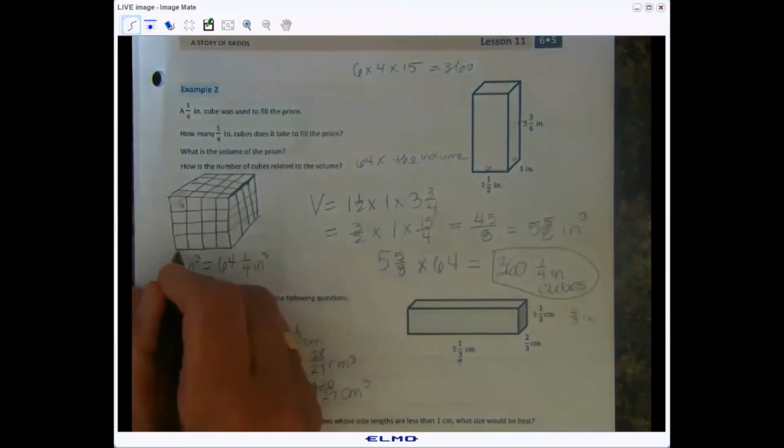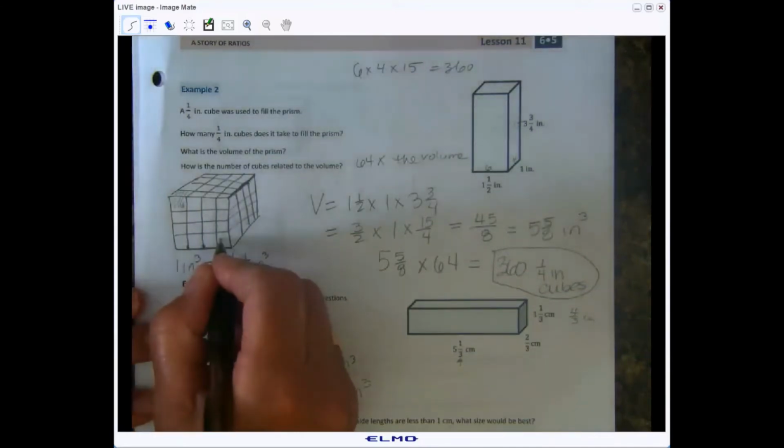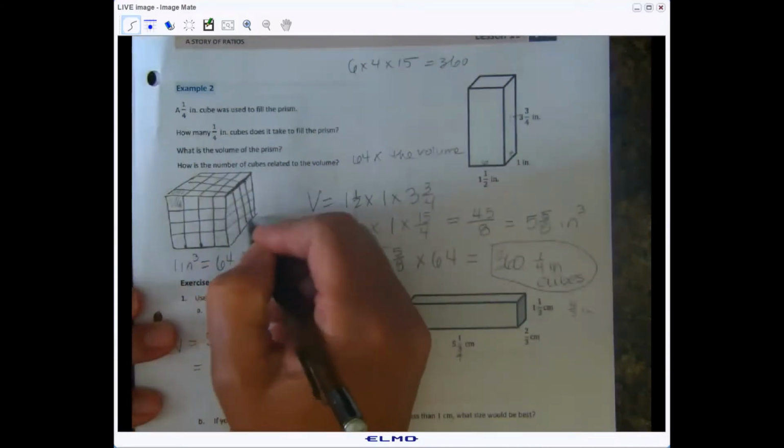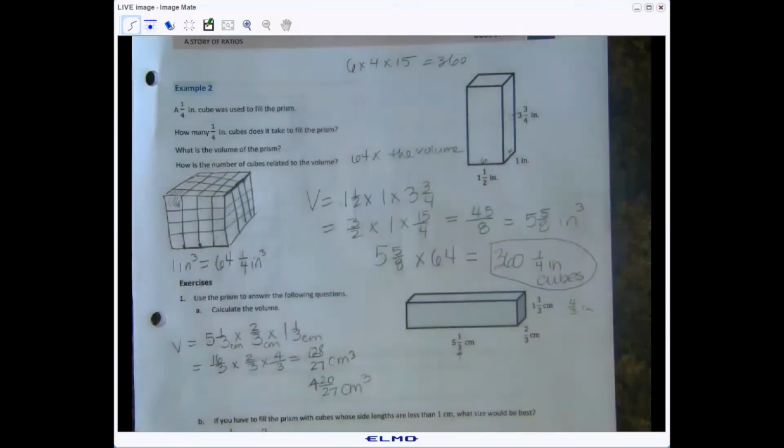So if this is 1 inch here, every tick mark is 1/4 inch, and you can see there are 4 cubes along there, 4 cubes along there. So there will be a layer on the bottom of this cube, 4 by 4, or a layer of 16,